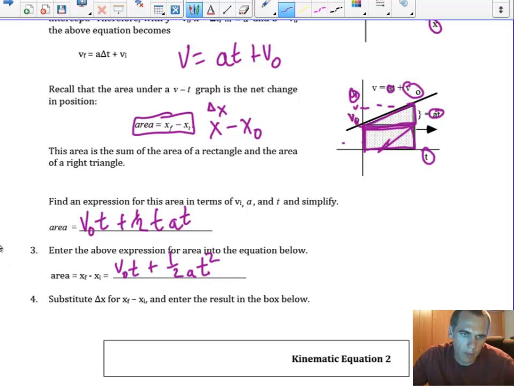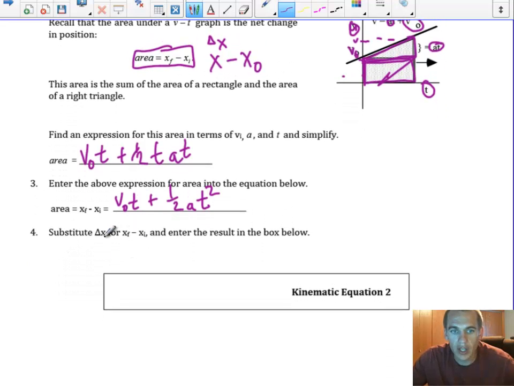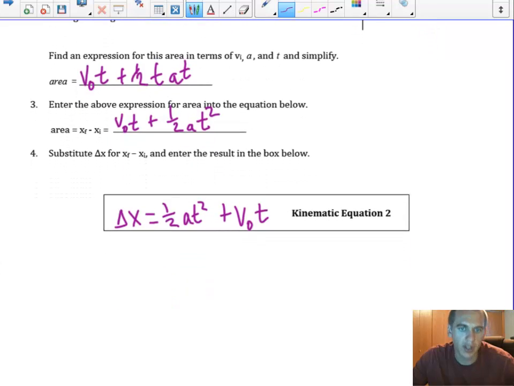That's time squared. Now, we're going to go ahead and substitute delta x for this, and so what we get is our change in position equals, and I usually write it this way, it doesn't matter though, 1/2 at squared plus v naught t. It doesn't matter what order you write those in, but this looks more like a parabola to me,